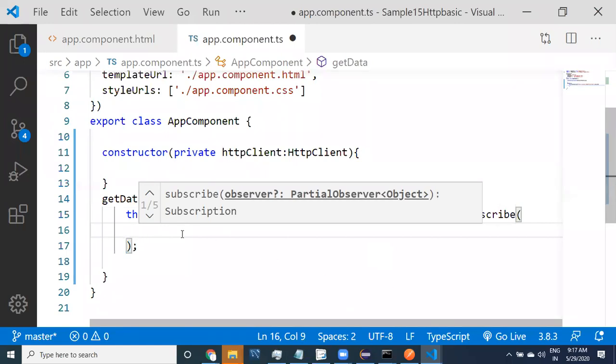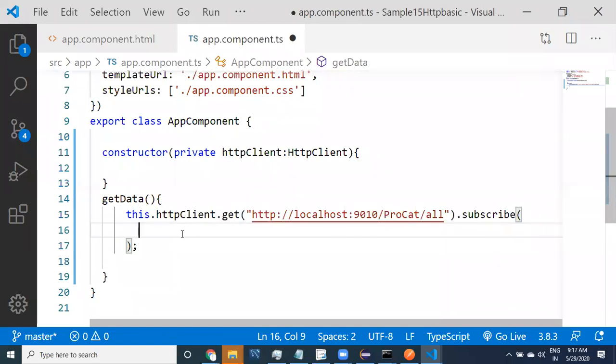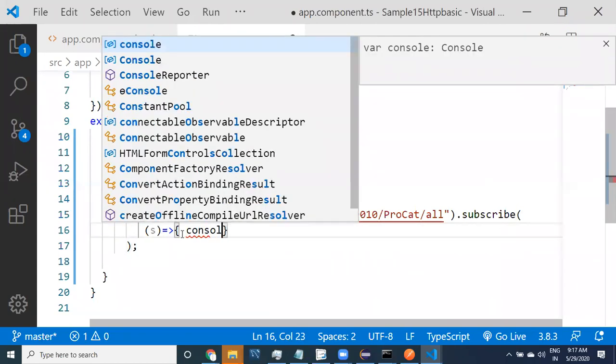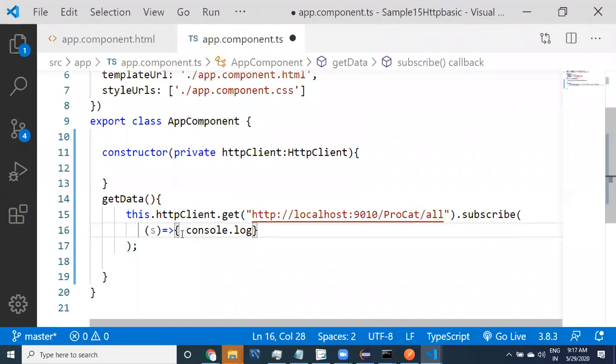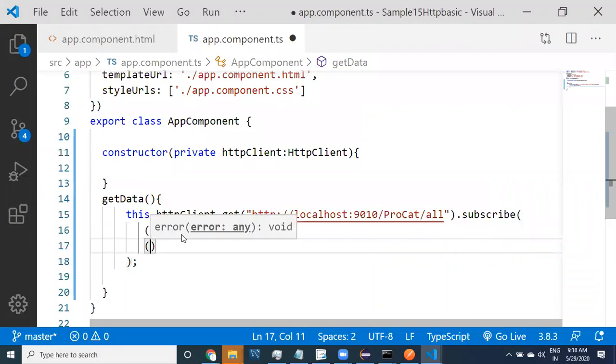Provide a function that takes one argument, which can be any variable, such as a success variable. I want to say console.log of it, comma, and for error, another function.